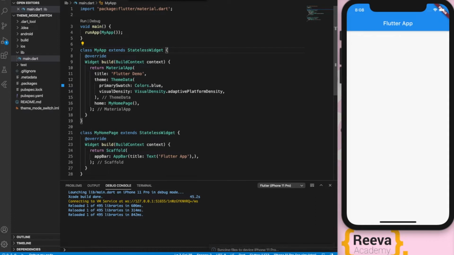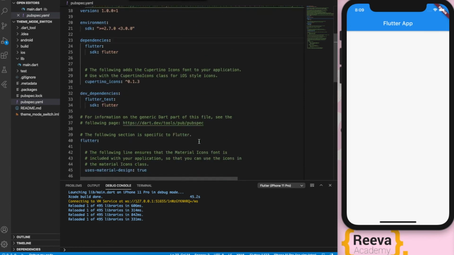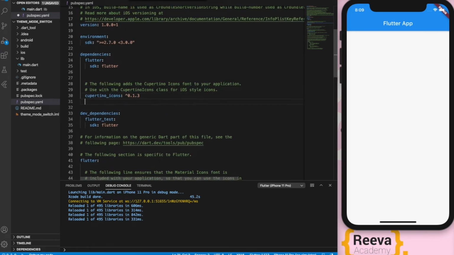Okay, now we are going to use the provider package for this example. So the first thing we need to do is to add this dependency in our pubspec.yaml file. Right, so let us go there and add the dependency provider. Okay, we are going to use this provider package. I have already made a detailed video on provider. You can also check that out. Okay, so now this pub get is running, which will add the dependency in our application.